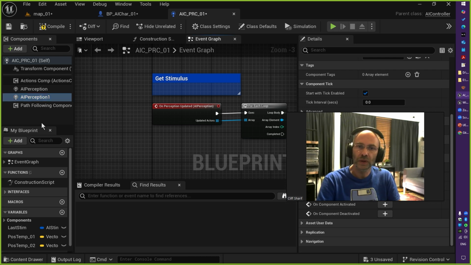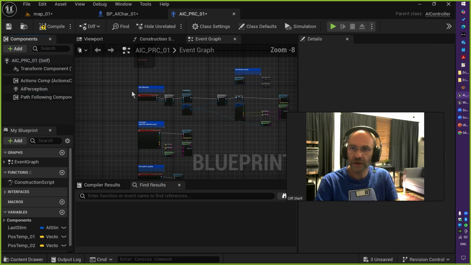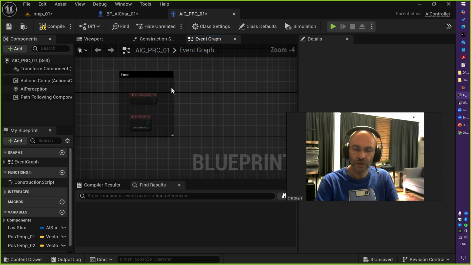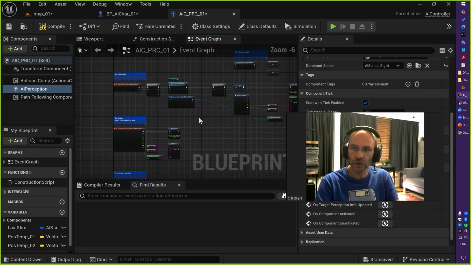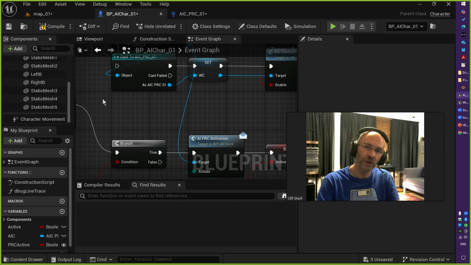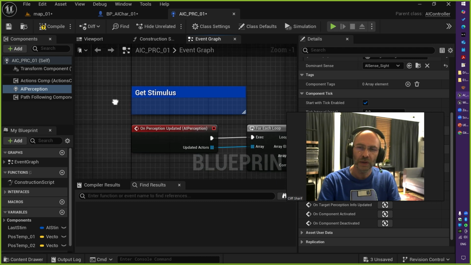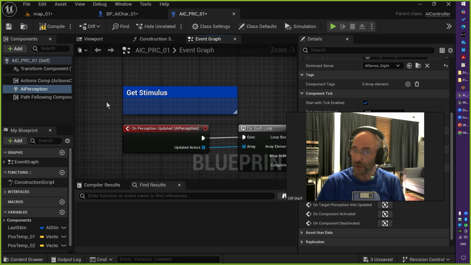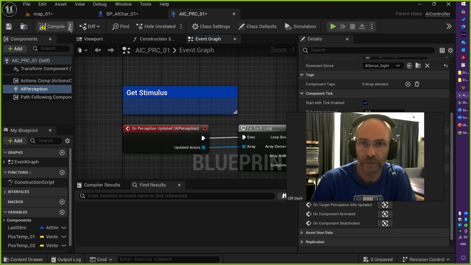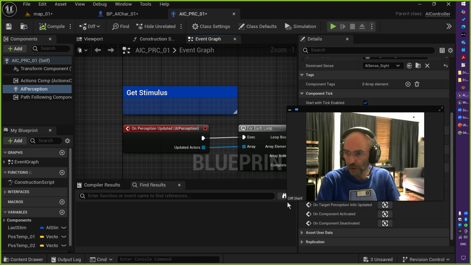Reason number two, if you want to upgrade this character, it's much easier to grab the AI perception and upgrade the code instead of just going to the character. Perhaps you have different characters and you want to change that, and it's better you put everything about AI in AI controller, and that makes life much easier later if you want to change your code or upgrade that character to a different character or much advanced character. All right, so